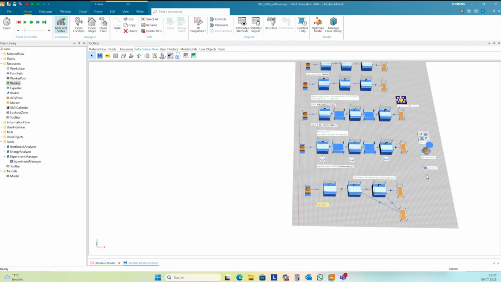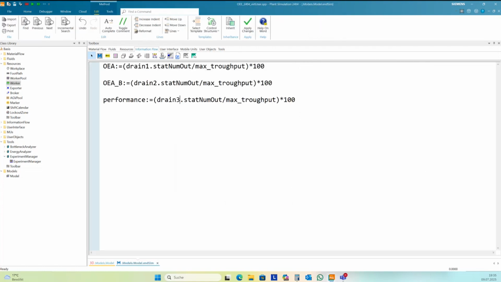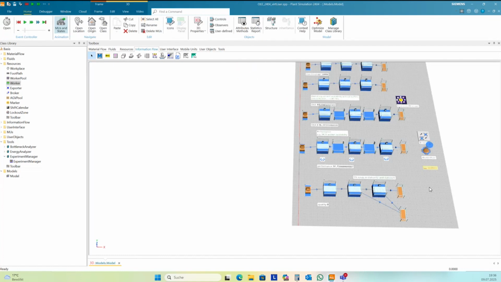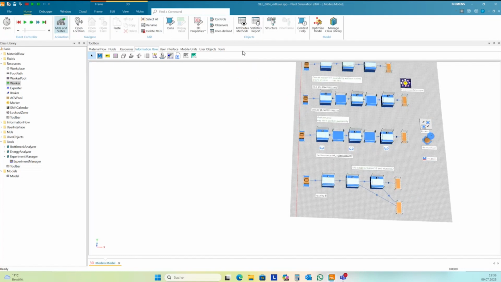And I need to extend my method. Almost the same. Quality. This is train 4. Okay. I make a simulation run.